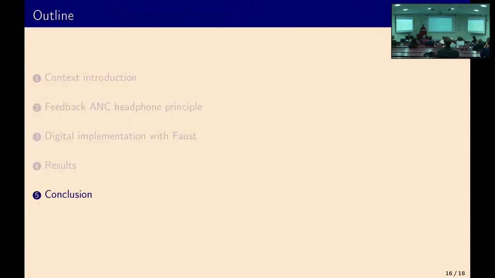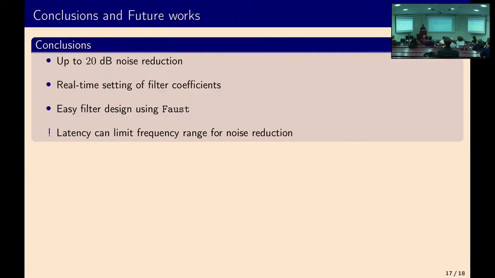Okay, so just to conclude, using Faust, the CFALA toolchain, and the FPGA, we are able to get noise reduction to actually match what we would have with analog filter and even have a better result, up to 20 decibels. But the real interesting thing with Faust and the FPGA is the fact that we're able to change the parameters, to change the design of the filters in real time and really easily using Faust.